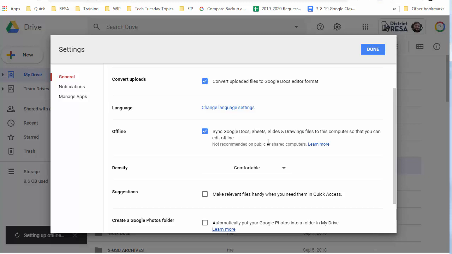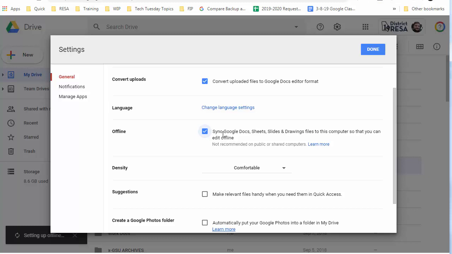So regardless of whether you're using Drive FileStream or Backup and Sync, if you're using Google formatted files, you probably want to go ahead and turn this on for the machine that you're going to be using all the time, where you're going to want to have access. If you have a Chromebook, definitely, because you can't really install Backup and Sync or FileStream with that. Let's say you have a regular Windows laptop, you might have Backup and Sync installed, and it will